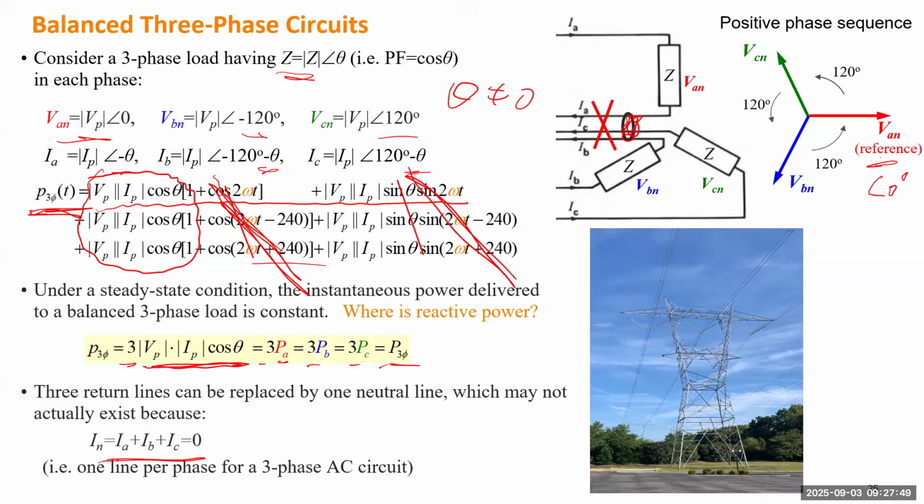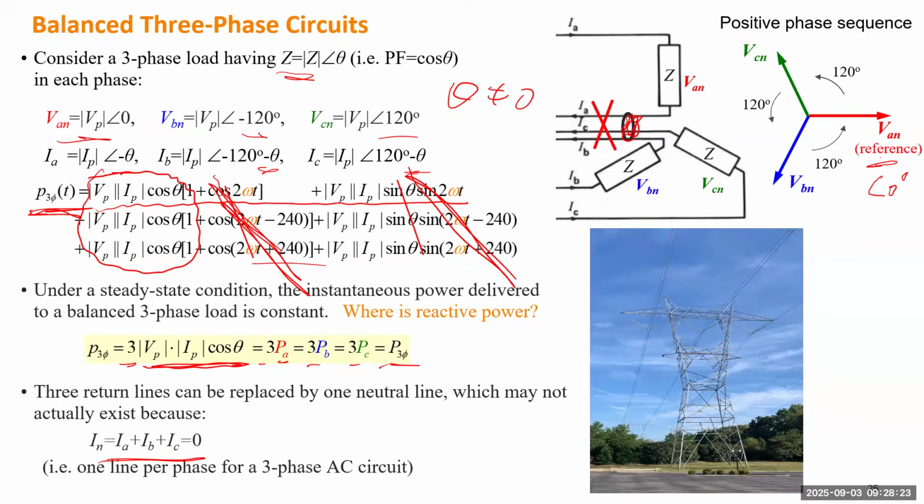All right. Here we just assume the 3 loads to be balanced and identical, but we never look into what is inside each load. The 3 loads can be from 3 feeders going to different regions for different customers, right? If you look into each individual load, each load will still have reactive power. You just use the formula, apparent power multiplied by sine theta. So the answer is that each of the 3 loads will have some reactive power.